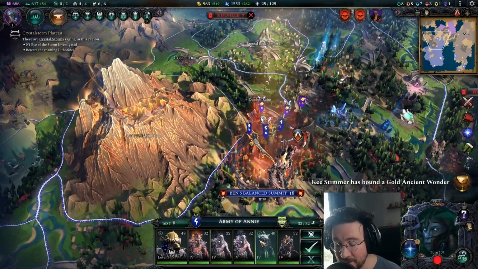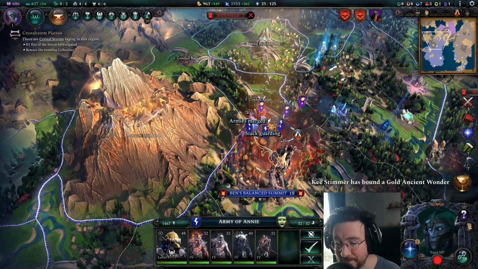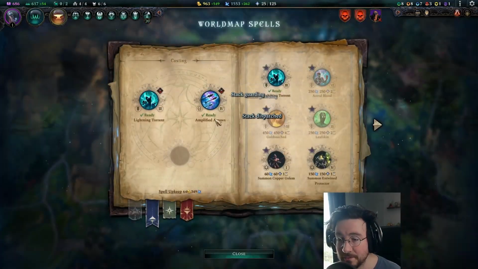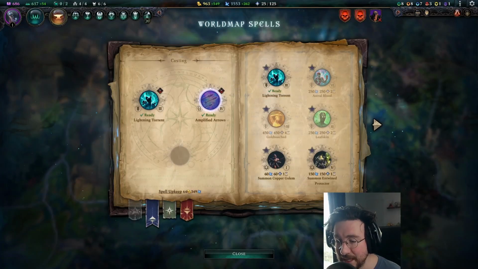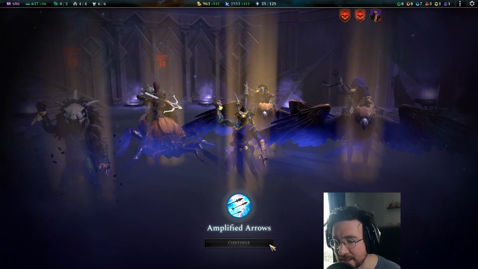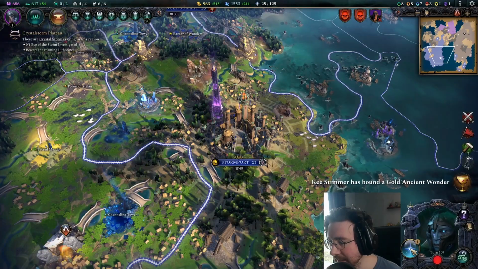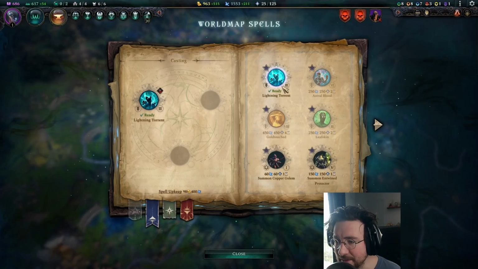So we've got all the giants in one pile. Let's split them up a little bit. We can also possibly... So let's put the arrows on. That's going to cost me a lot, but I think that's worth it. I'm going to make all my range units hit really hard, and then the damage will bounce around. And then let's get a...